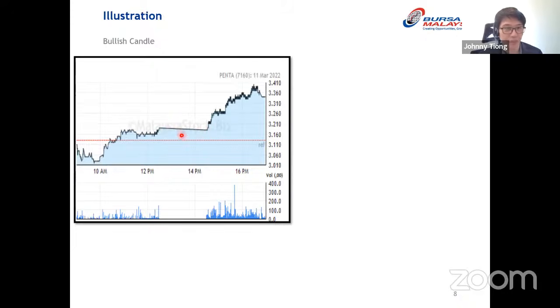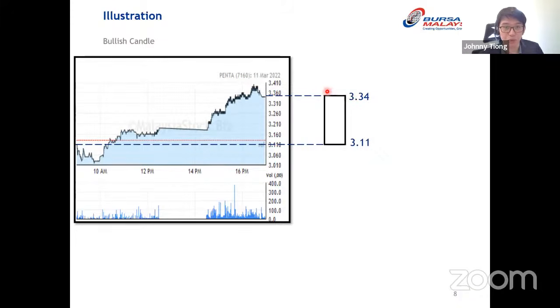Okay, just like football has a halftime break, they also have a halftime break. So from here, how can we draw this bullish candle, or how can we understand this? First, we start off with the opening. This is the opening at 3.11. Next, after the opening, we look at the closing, which is at this point, 3.34. So we already know the opening and also the closing.